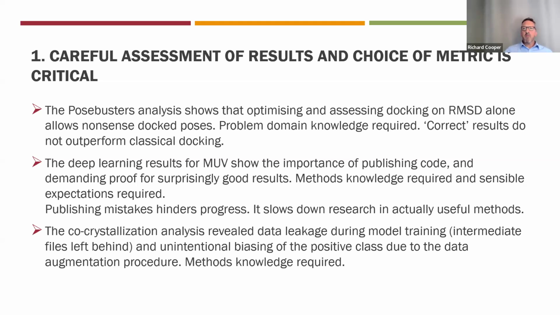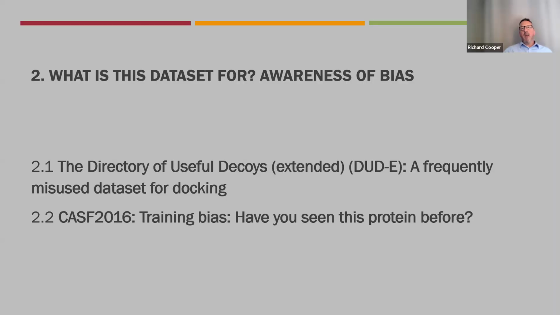The deep learning results show the importance of publishing code, which meant we could re-implement, but also of using the right metrics and knowing what you're doing. I'm annoyed because it was us that it hindered, but this is how you discover these mistakes. But these things do slow down research. And then finally, this last example, just some data leakage and unintentional biasing of the data. Okay, then